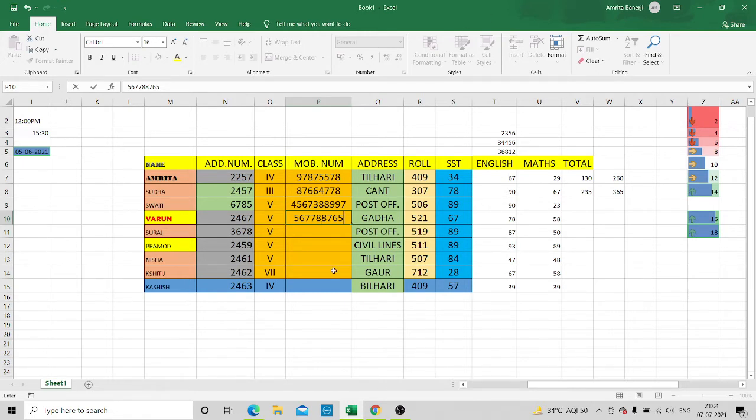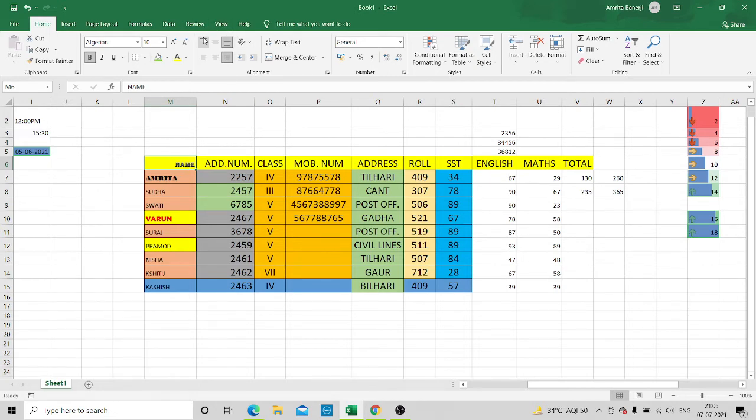Now, children, we will do some other basic stuff. Suppose, children, over here you can see this name. Now, children, here are some alignment options. See, this alignment is selected, that is align left. So you can see this name is situated at the left side. If I select the next option, center, the name has moved to the center. If I select the right option, it will go to the right side.